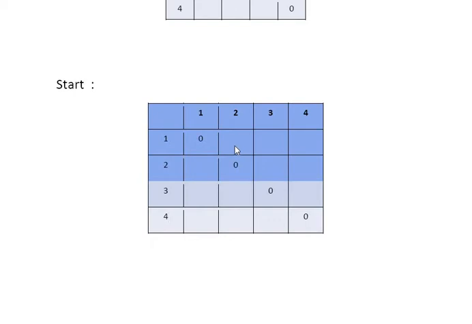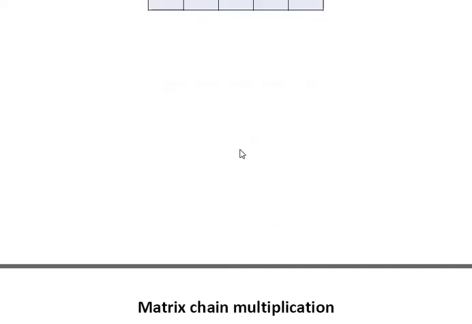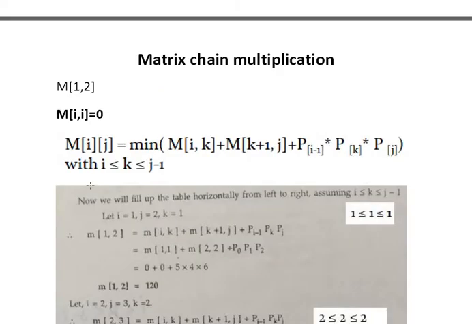तो आप फर्स्ट वैल्यू फाइंड करोगे m of 1 2, 2 3 and 3 4, then after that 1 3, then after that 2 4 and then after that 1 4. So you have to find this type of matrix chain multiplication, and diagonal value is 0. So now we start and find the first value, m of 1 2. So we have started here the matrix chain multiplication.